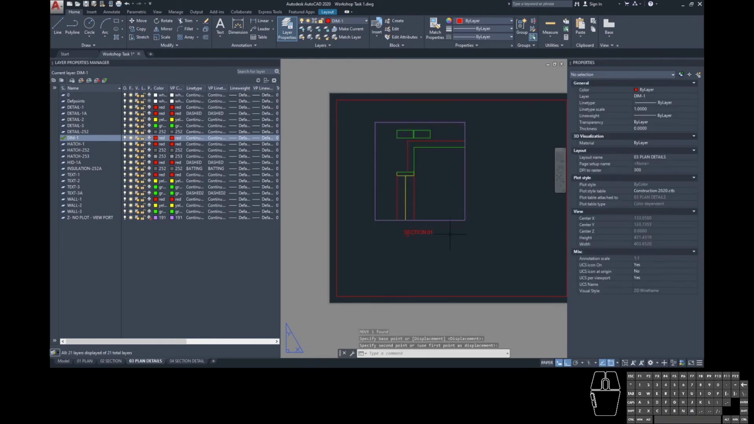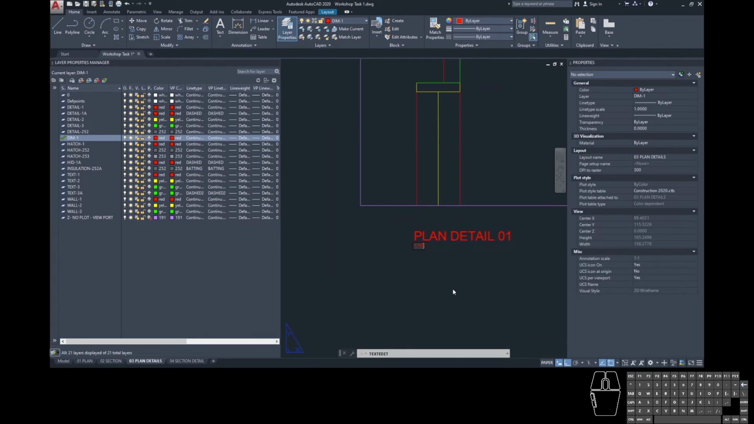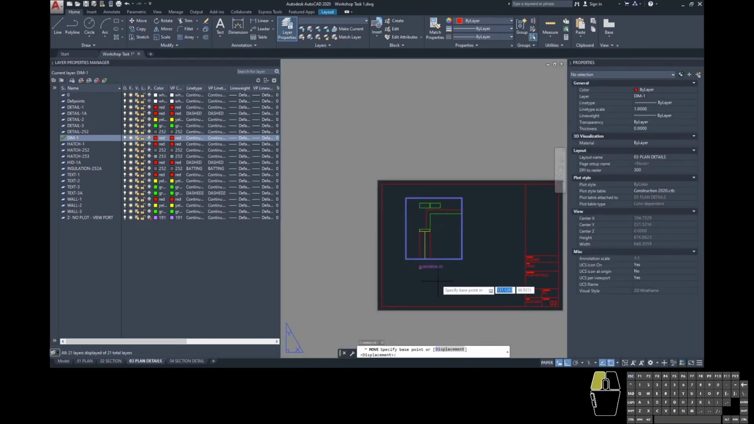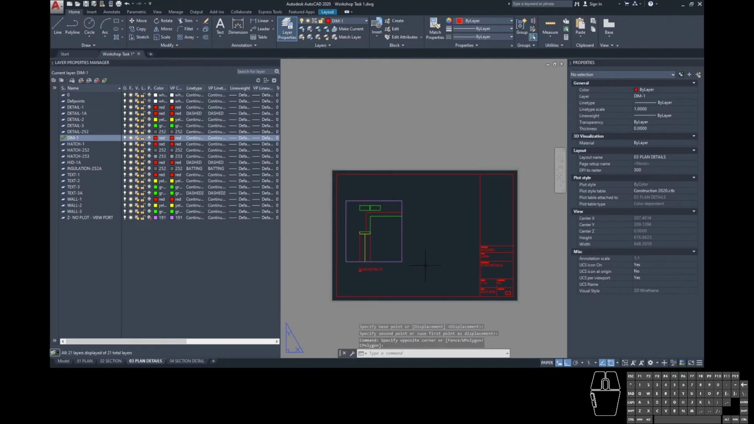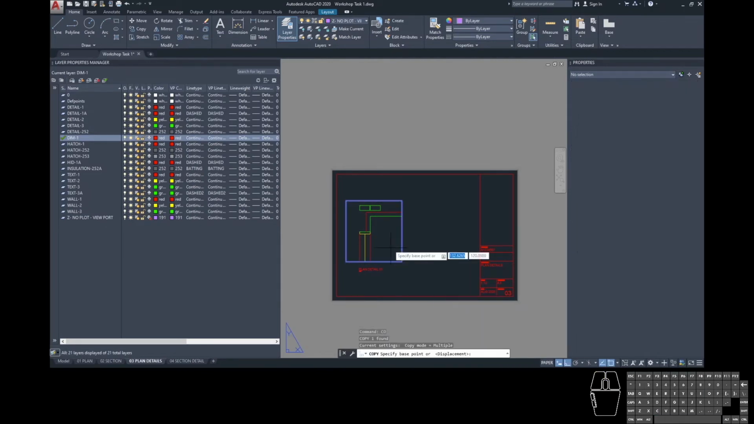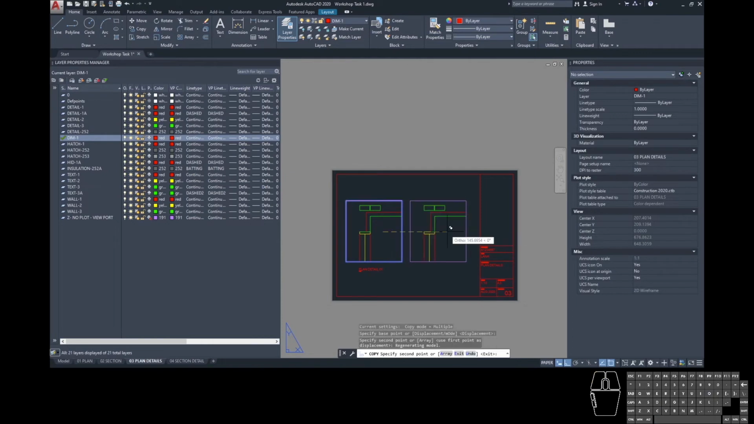I can move the viewport on the screen. I can move that text. Let's see, plan detail 1. It's no longer 1:100, this is 1:10. This is the nice thing about CAD, is that once you've got your set out there, you can make sure that you're placing everything very nicely on the page and that you're aligning things. You can also use the convenience of being able to copy a viewport over,